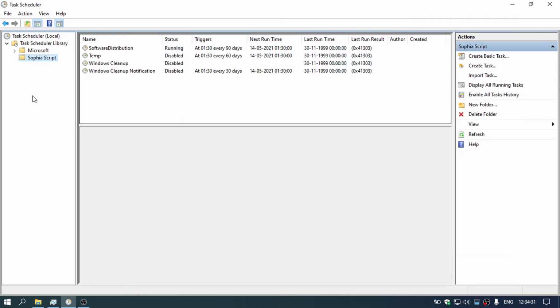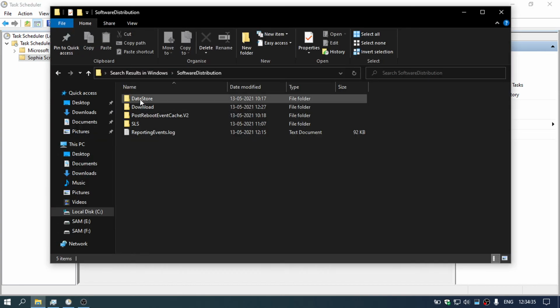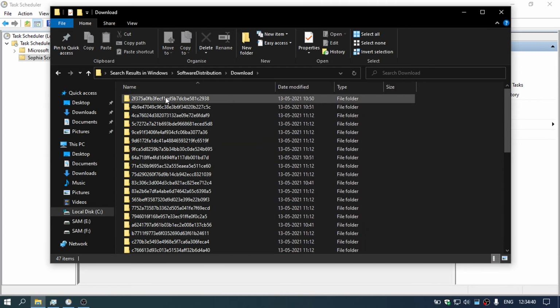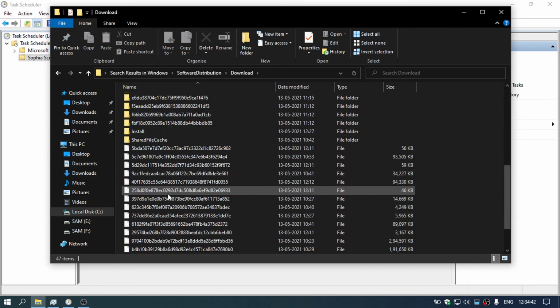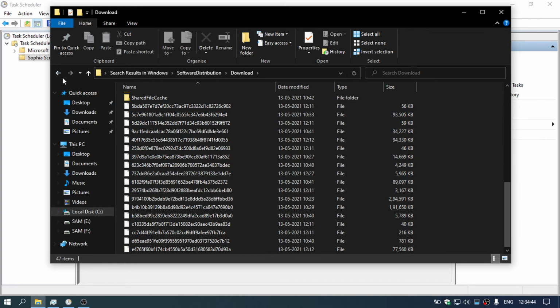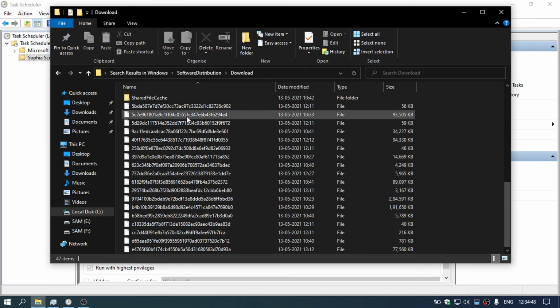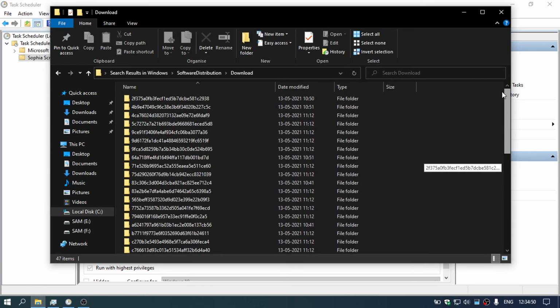And when you run this first command, all the downloads from this folder will be removed. Here are the software packages which will install when you update your Windows. And when you run this script, this will automatically remove all the updates which are already installed. This will remove everything from here.